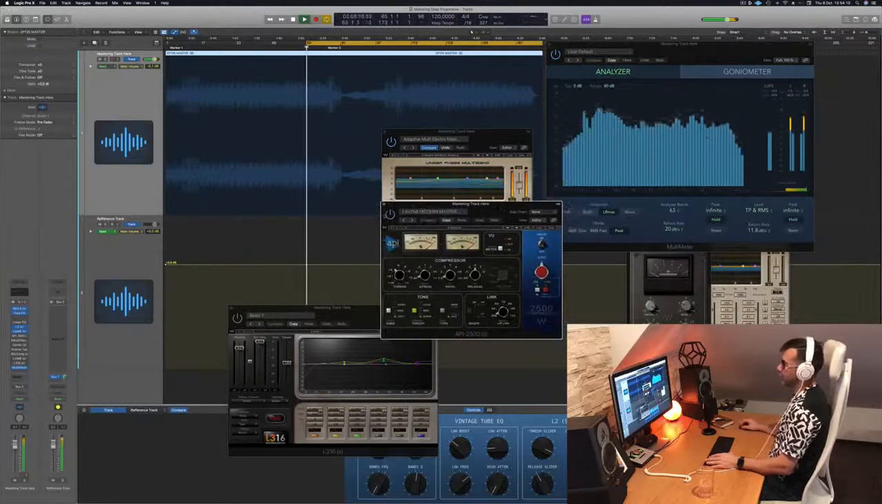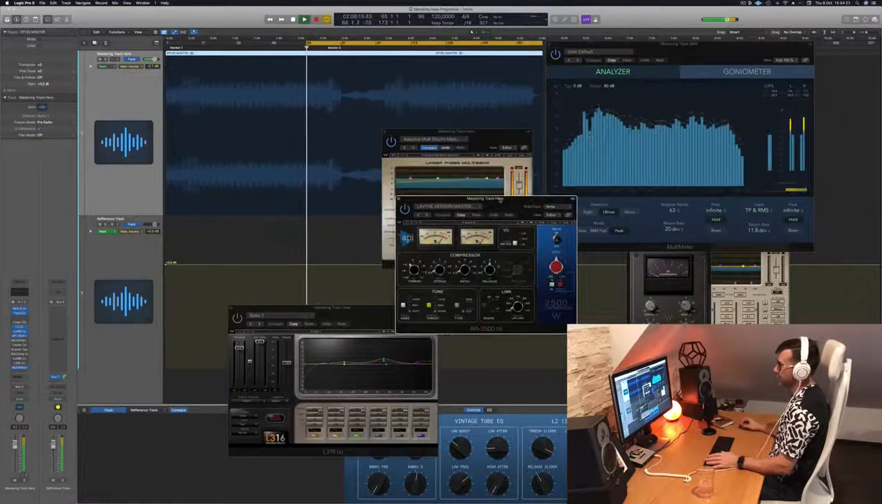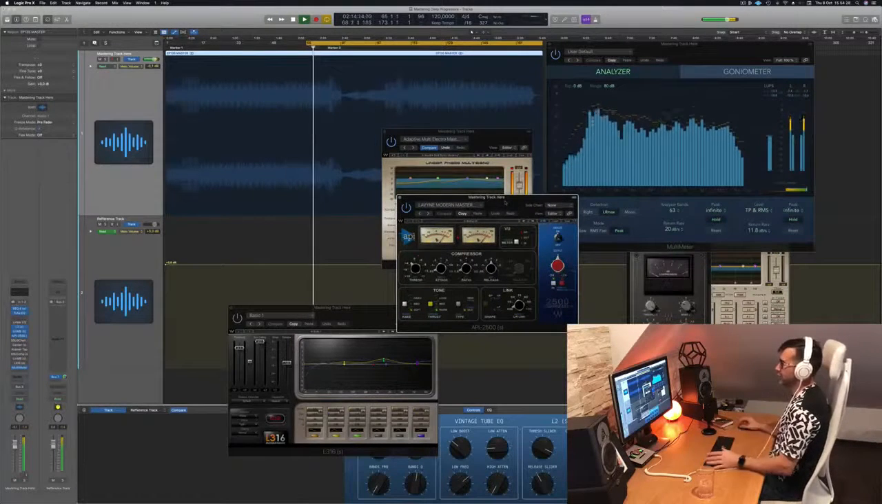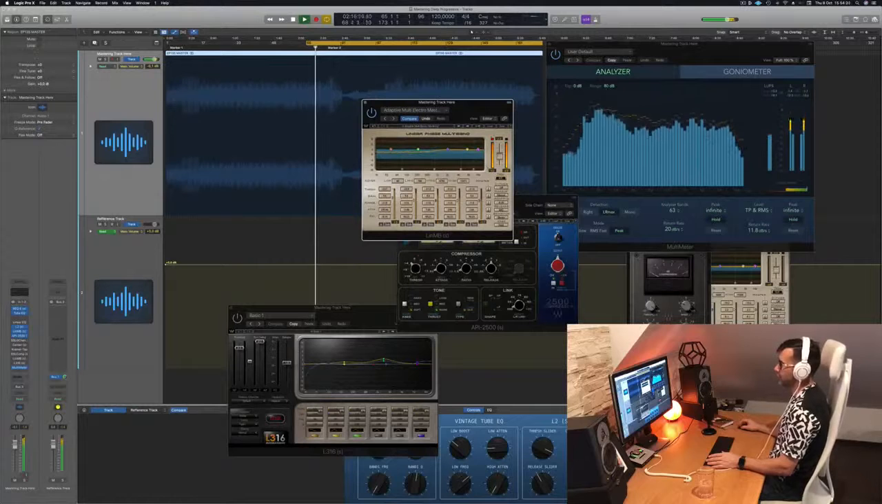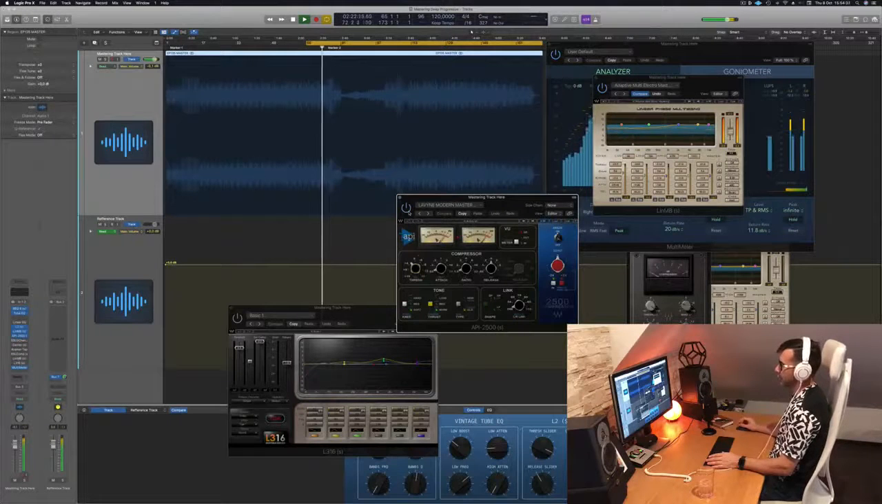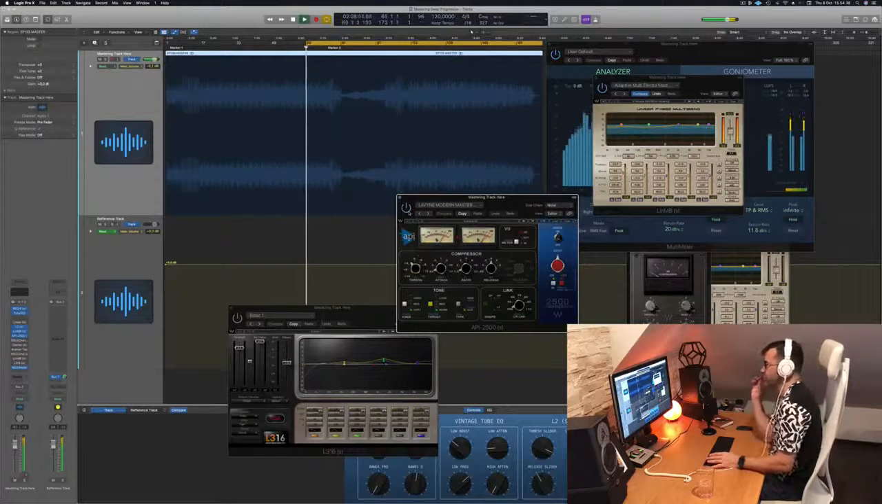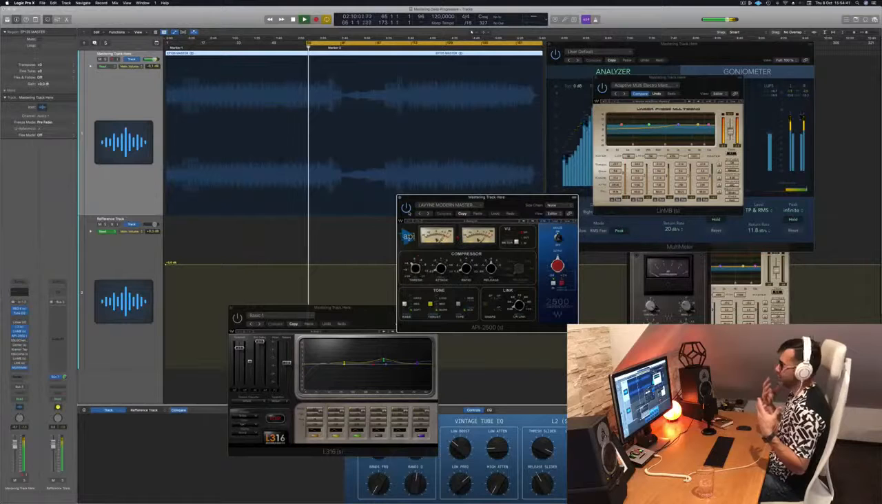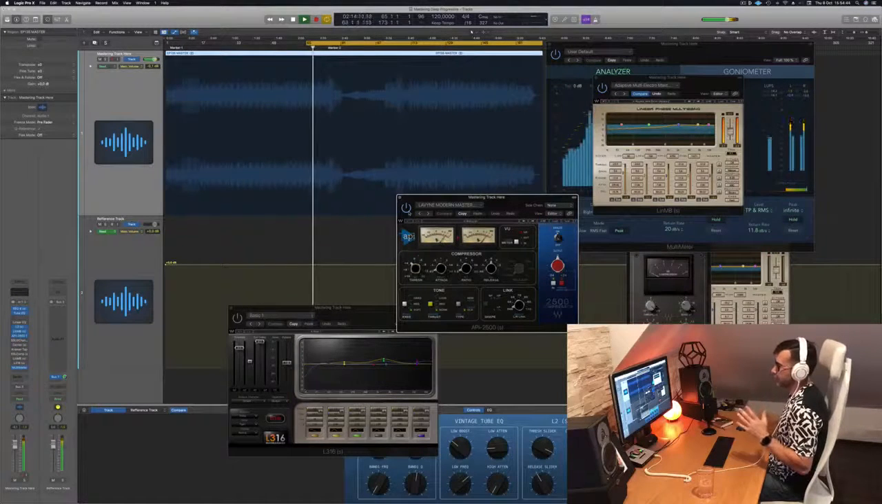Then I have the API 2500, legendary. What I like about this compressor is the smoothness. It just tightens everything up. I really like this feel. It's really high quality. It just puts the bass into place. I don't know if you guys can hear it. I can hear it because it's my track obviously. But without,